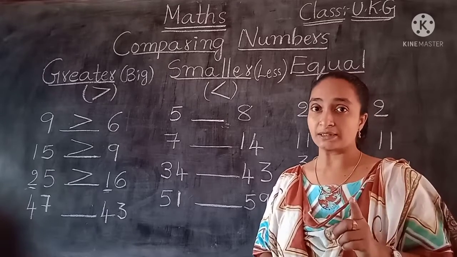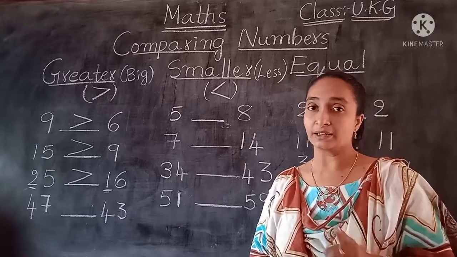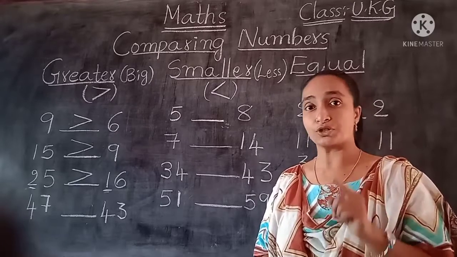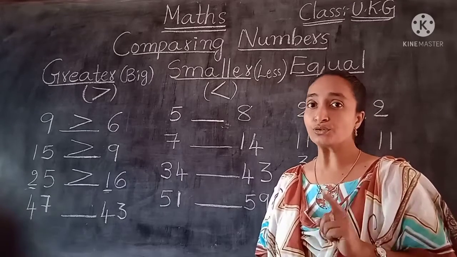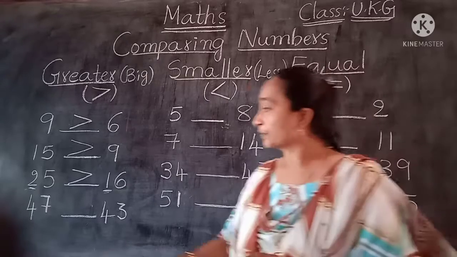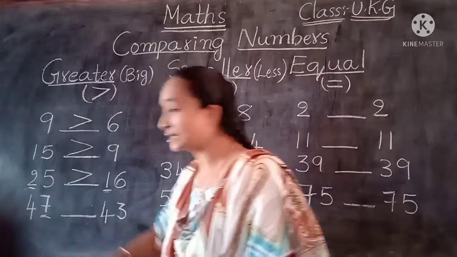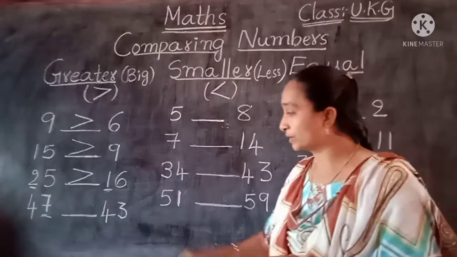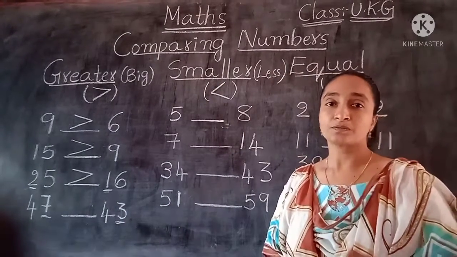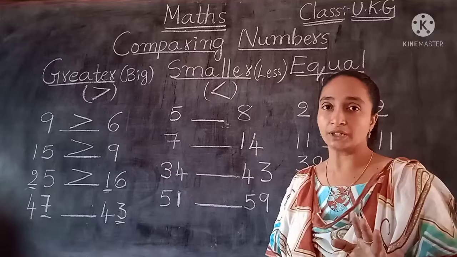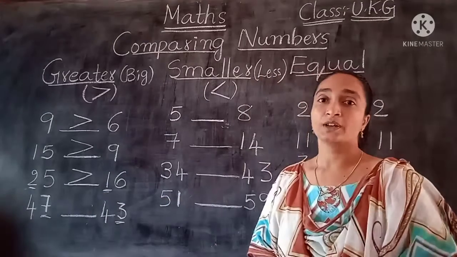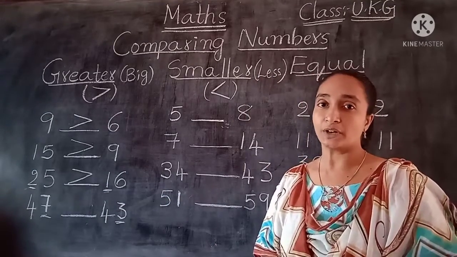Yes. Another place, that is one more place is remaining there. So the tens place only we have checked, not the ones place. Now we have to check the ones place also. If you check the ones place, here definitely there will be the difference. Now here the ones place, 7 ones is there. Now coming to here, ones place we have the 3. Okay children. So here we have the difference. Now here 7 ones and 3 ones. Now we can identify very easily.